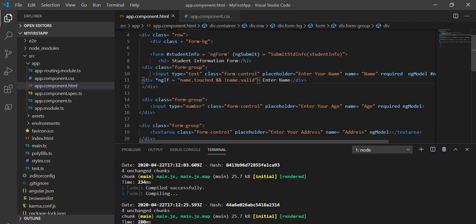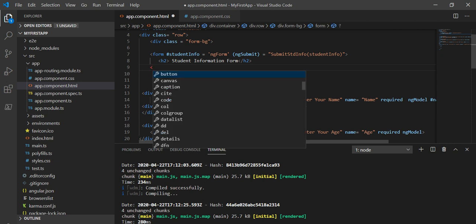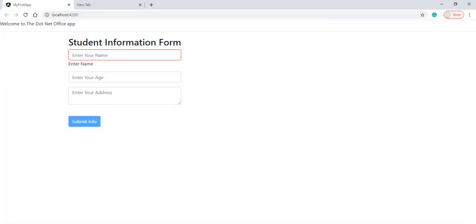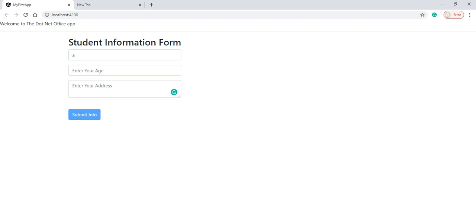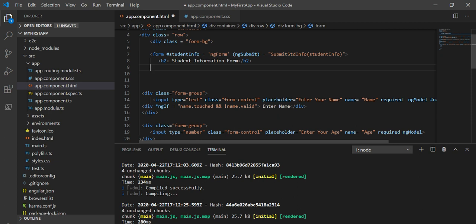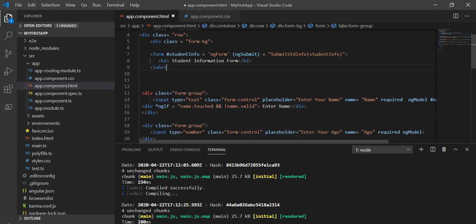Now I will take one more control, and that control is email ID, where we will check for a proper email ID. We can see in the browser that these controls do not have any labels, so for your understanding I will add a label and we will see how we can manage labels also.